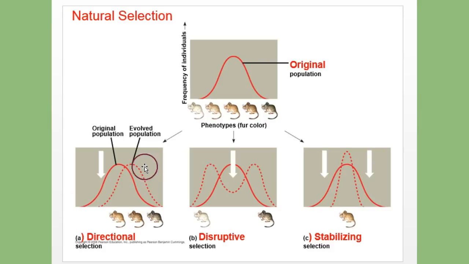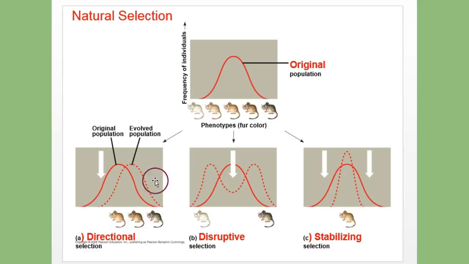So what it's showing here in directional selection, the heavy red line is your original population. The dotted is the evolved population. Alright, it's showing that this directional selection shifts the overall makeup of the population by favoring variants at one extreme of the distribution. In this case, darker mice are favored because they live among dark rocks and darker fur color